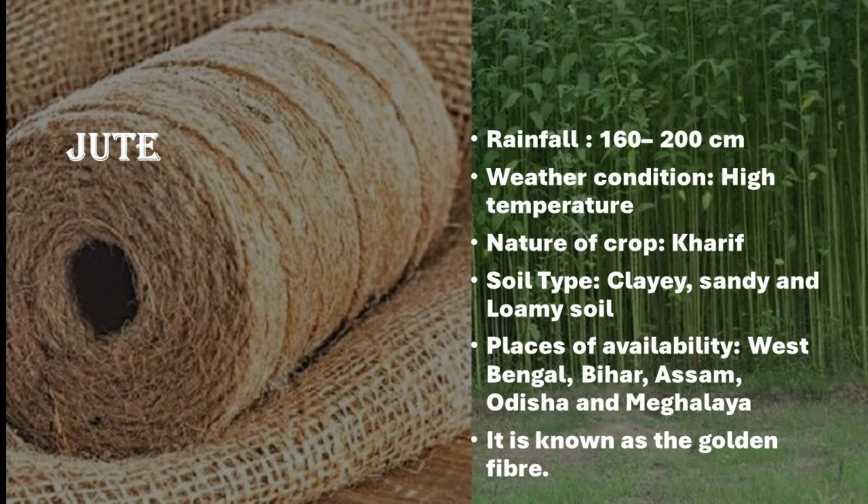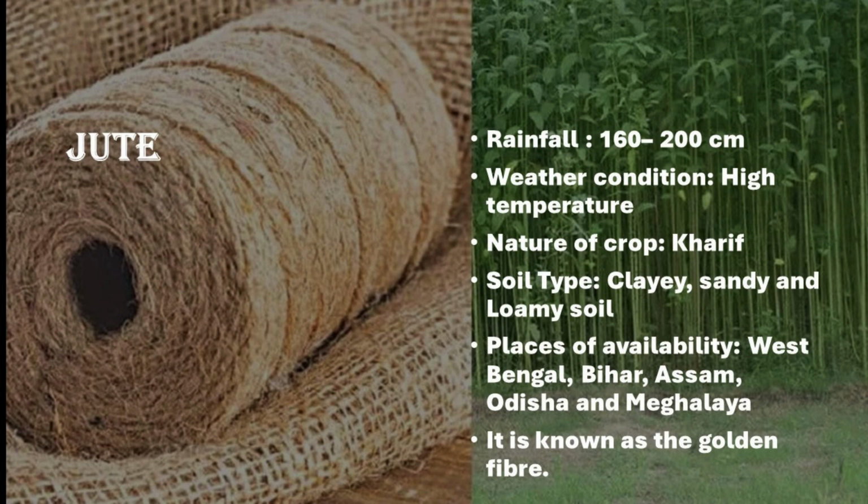Jute requires a high temperature, heavy rainfall, and a humid climate. We know very well that along the Hooghly river, most of the jute cultivation happens. You might have seen the jute industry in manufacturing industries, where it is located. It grows well in the well-drained alluvial soil of the Ganga-Brahmaputra delta. It is sown before the monsoon and harvested after the rainy season. The states producing jute are West Bengal, Bihar, Assam, Odisha, and Meghalaya. India is the largest producer of jute, while Bangladesh is our main competitor.